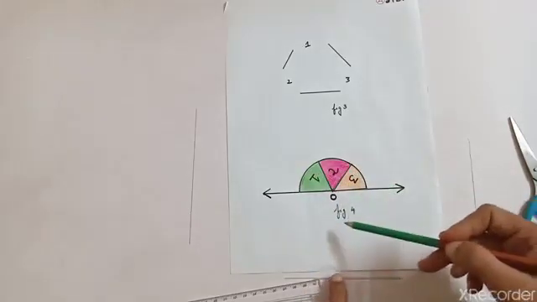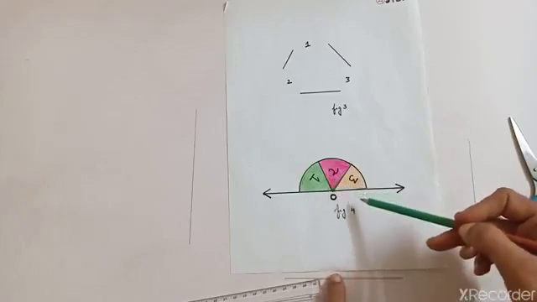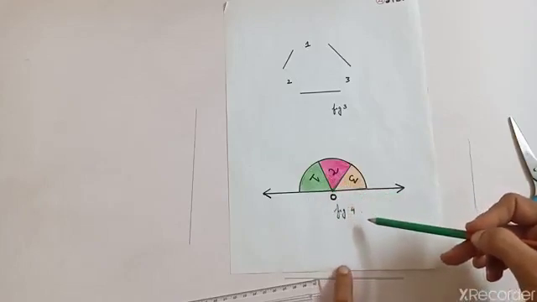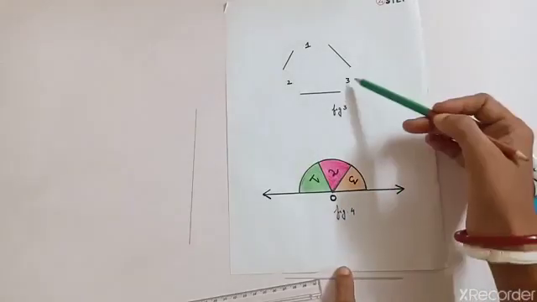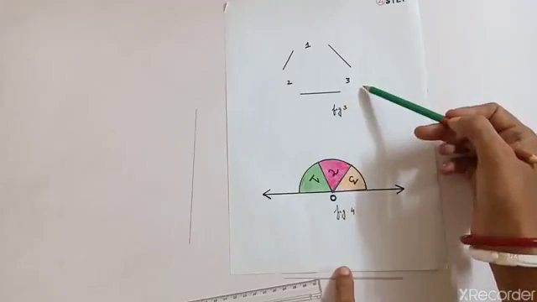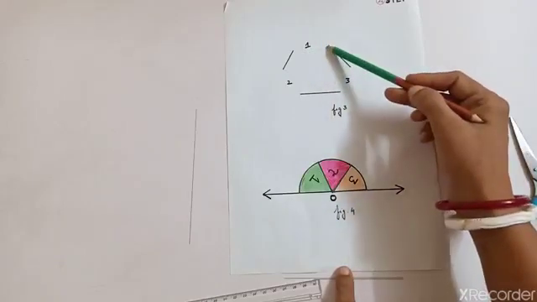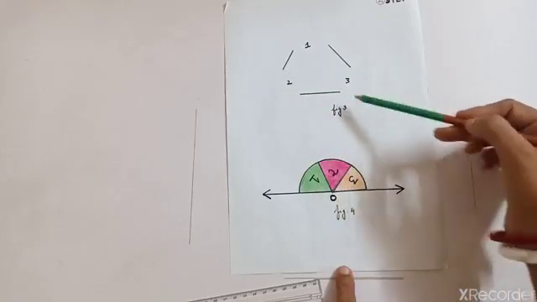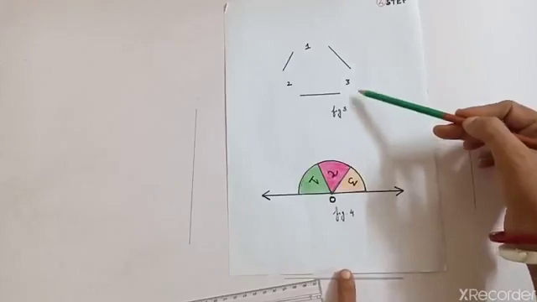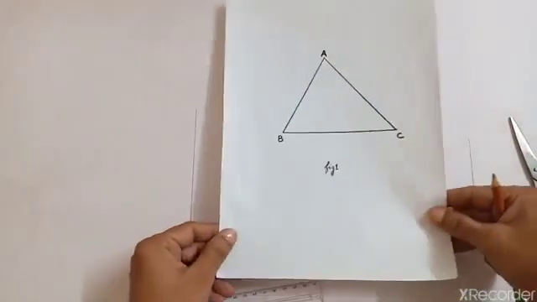If you take the angles separately and measure separately, when you add all the three angles, you will see their sum will be 180 degrees. And the remaining part of the triangle you will stick here like this. How it is stuck here, you will stick. You can see here, from here angle 1 was taken, from here angle 2 was taken, and from this part angle 3 was taken.